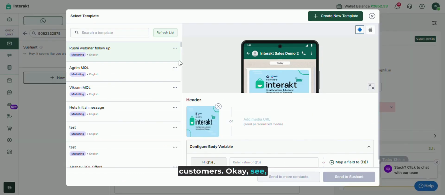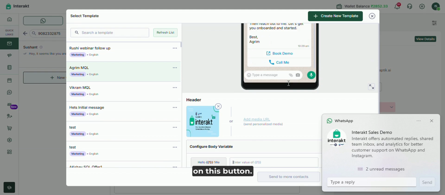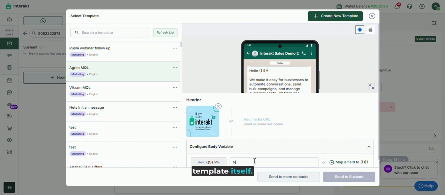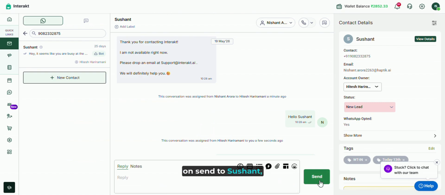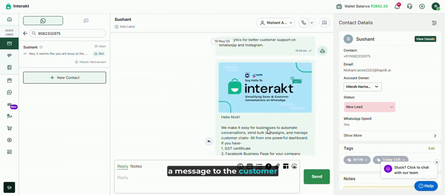Okay, see, right now I've written Hello Sushant. These are the notes section. These are on the reply section. I can choose any of the templates by clicking on this button. I can map the variables as we did in the previous template itself. So just by mapping these variables and clicking on Send to Sushant, I will be able to send, again, a message to the customer through this particular